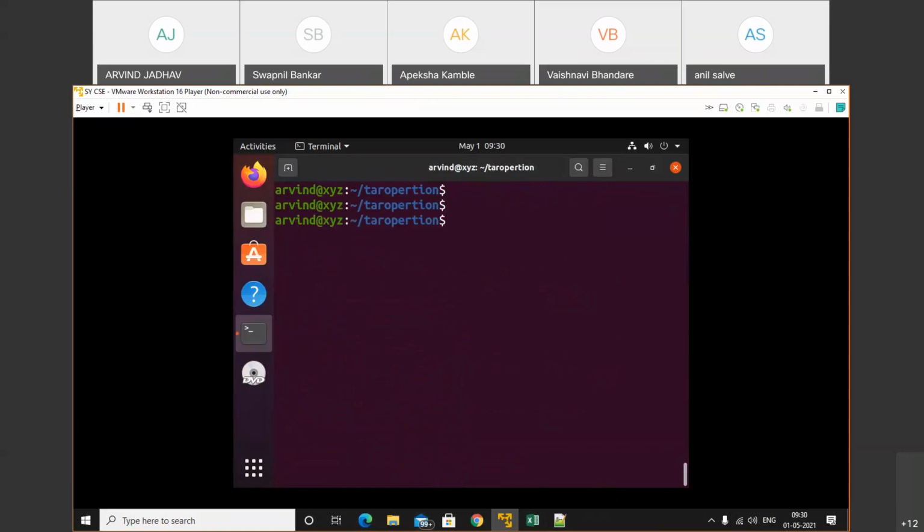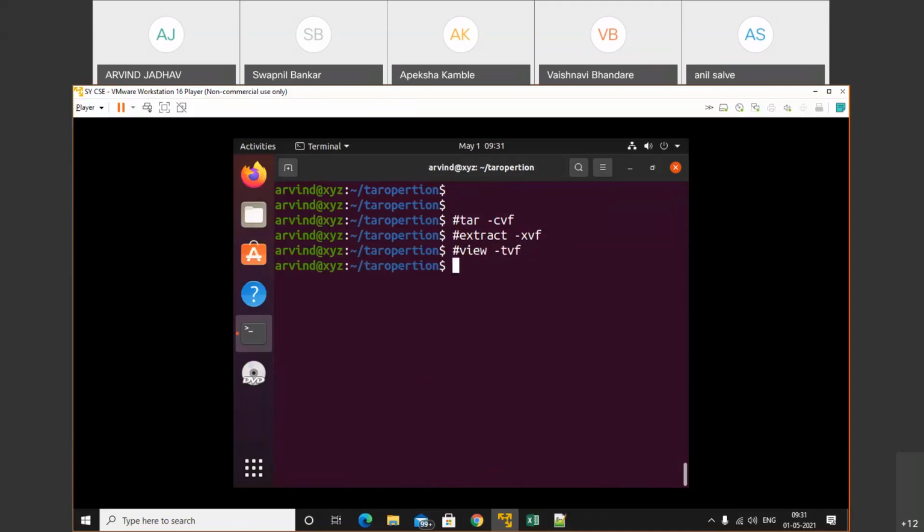In that we learn about how to create tar by using cvf. We learn about how to extract a file by using xvf. If you want to view the file, then we use tvf.